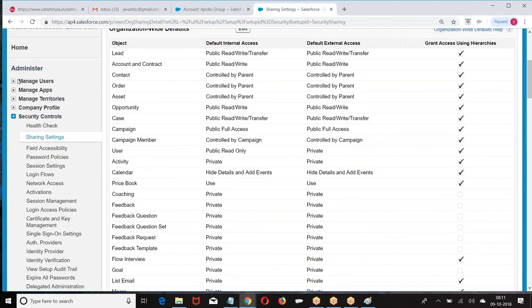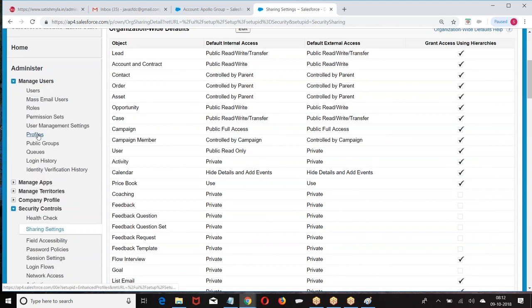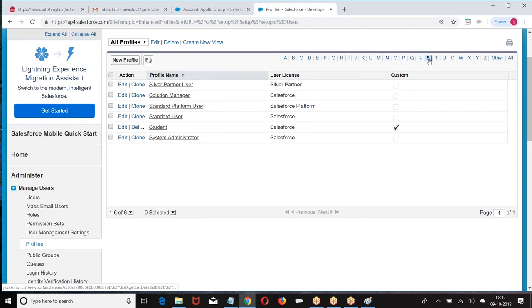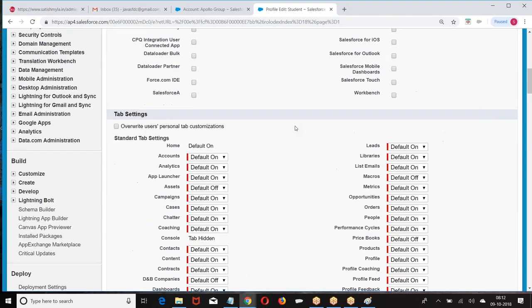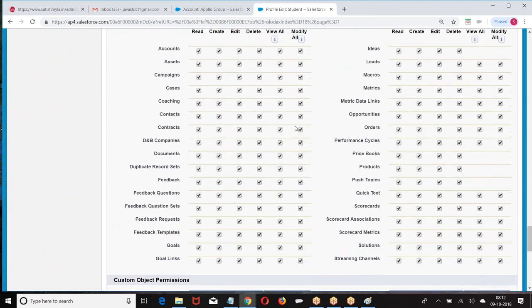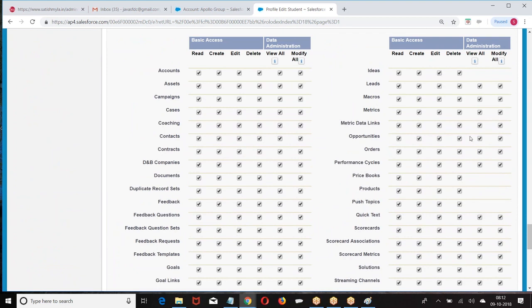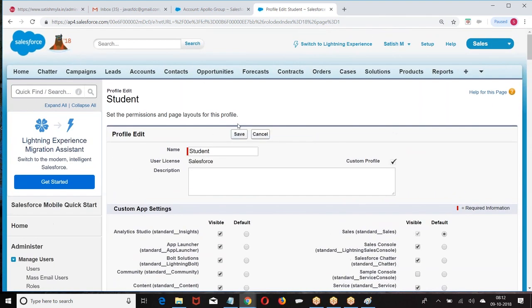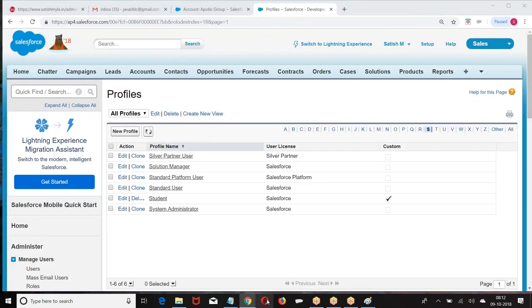Then go to the profile of student. First, let me log in as student and see which records he was able to access. Then I will go for defining the sharing rules.